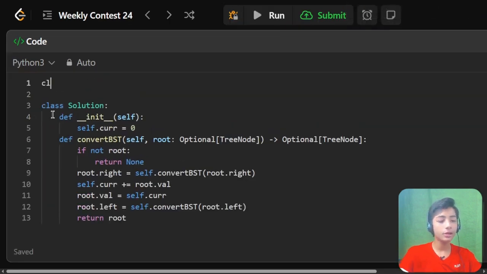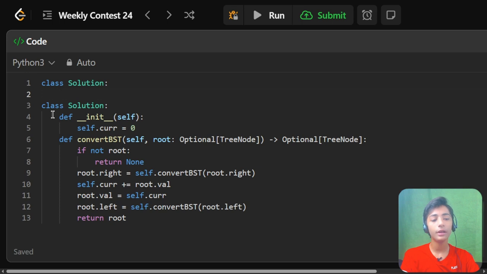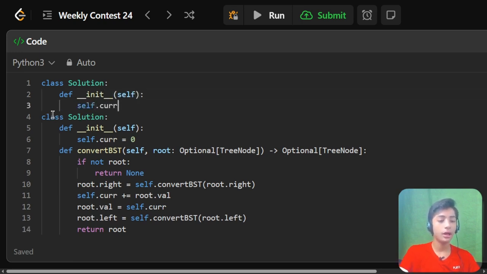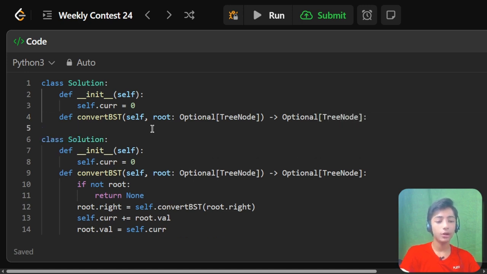So first of all, we define a class Solution, because it's a rule of LeetCode whenever we start to solve any question. Then the def keyword, def __init__(self): newline, self.crr = 0, and then we press enter to go back. Then def convertBST, meaning binary search tree, (self, root: Optional[TreeNode]) -> Optional[TreeNode]: newline. Now here we define an if statement: if not root: